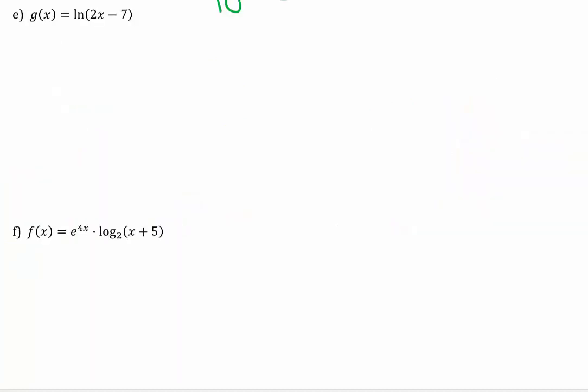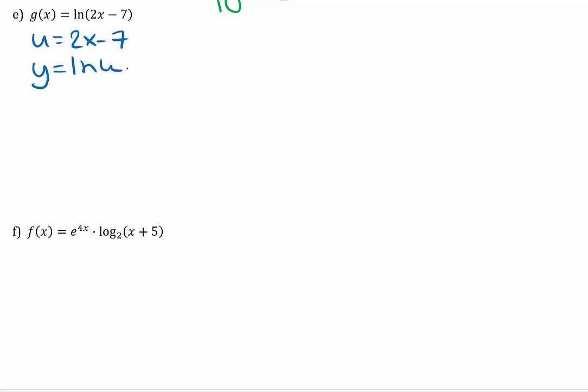Example E, g of x equals natural log of 2x minus 7. So I have to ask myself, product rule, quotient rule, or chain rule. And this is a chain rule problem. The 2x minus 7 is actually inside that logarithm. It's not being multiplied. So the inside function is the 2x minus 7, and the outside function we could write